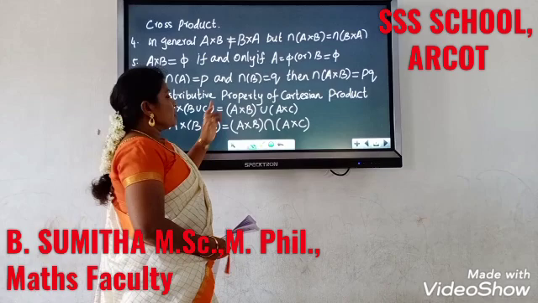And now, using these points, we are going to see examples and problems based on this Cartesian product. We have the first problem. If A is equal to {1, 3, 5} and B is equal to {2, 3}, then we have to find A cross B and B cross A, which is the first question. And the second one is, is A cross B equal to B cross A? If not, what is the reason why it is not equal? And we have to show that n of A cross B is equal to n of B cross A, which is equal to n of A into n of B.